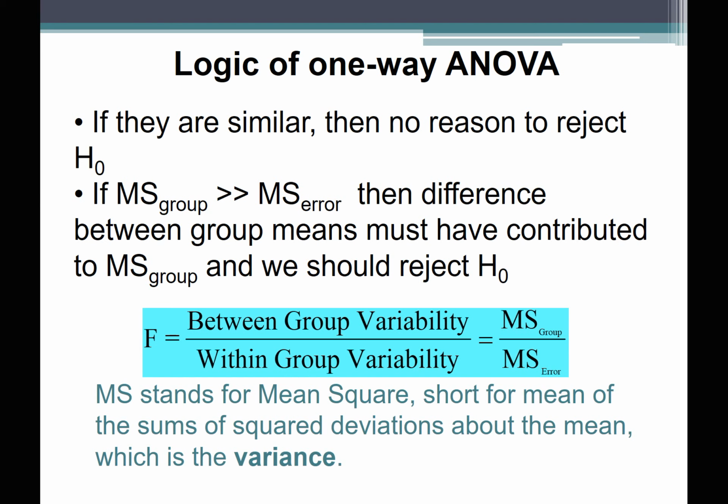So as I mentioned, if our between group variability and our within group variability are pretty similar, then that means that we're seeing something like this, right? That all of our groups,